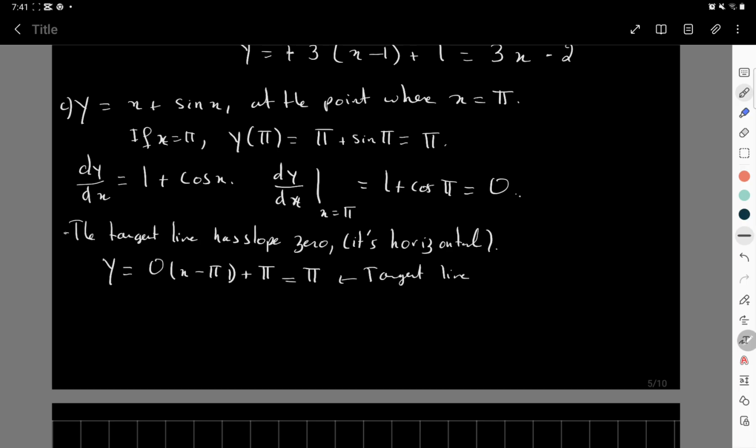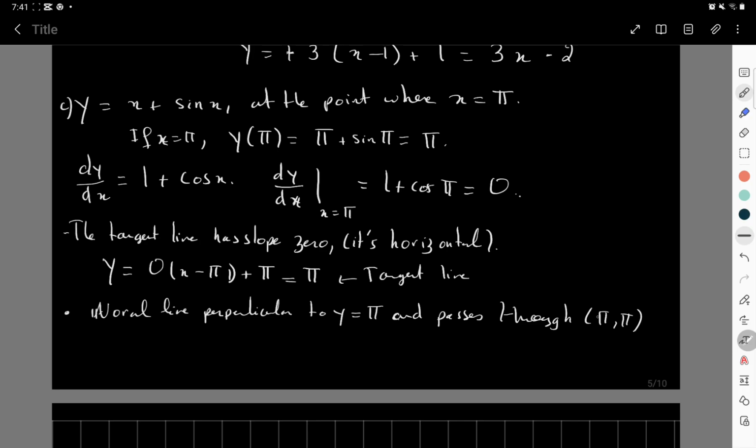Now recall, what is the normal line? Let us get back to the definition of the normal line. It's the line perpendicular. Normal line is perpendicular to y is equal to pi and passes through the point pi, right? So